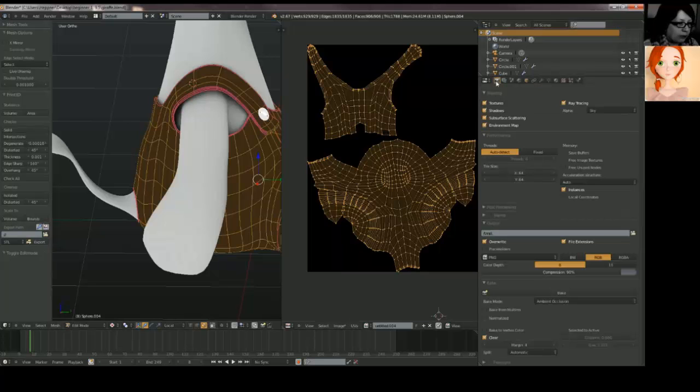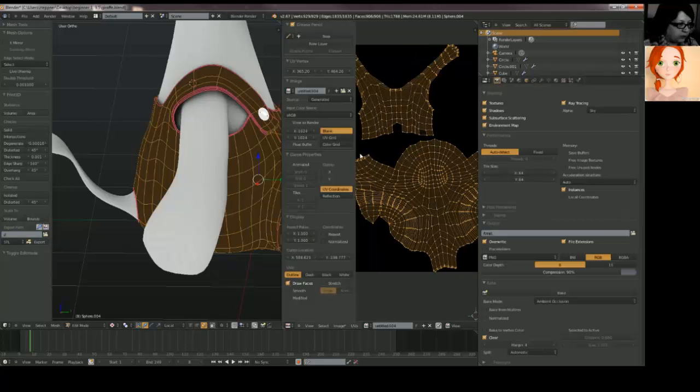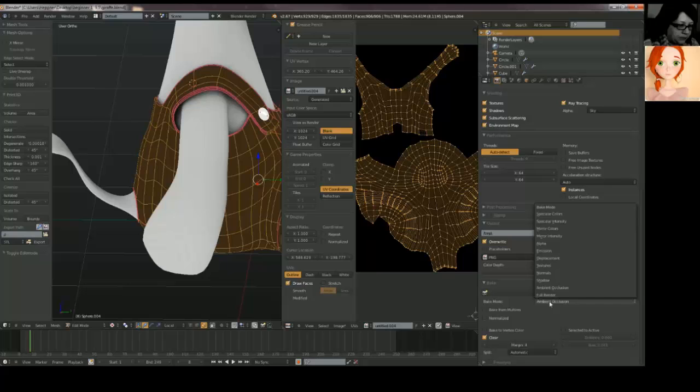And I will go to the bake, here at the bottom, at render, bake. By default it's set to full render, but I have set it on ambient occlusion.